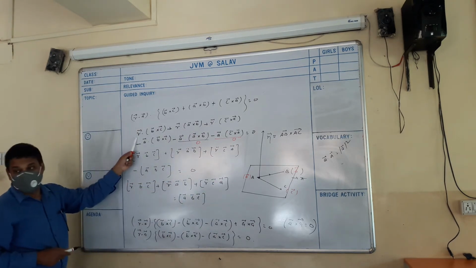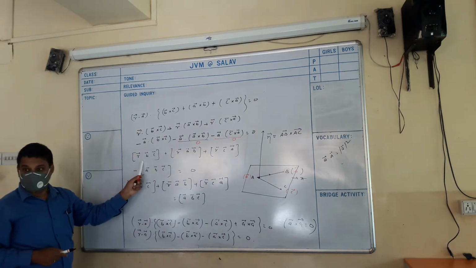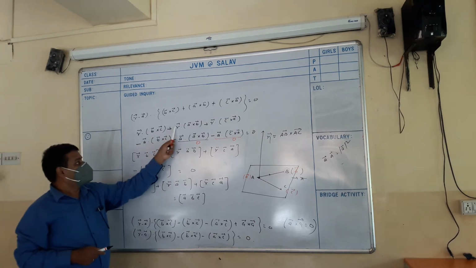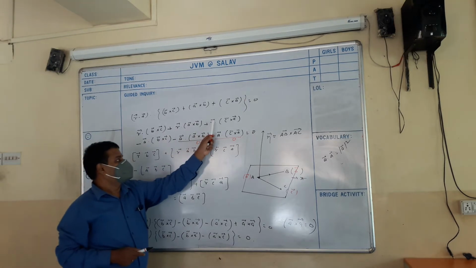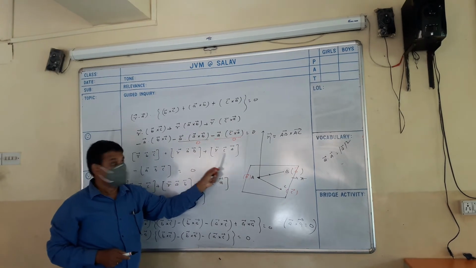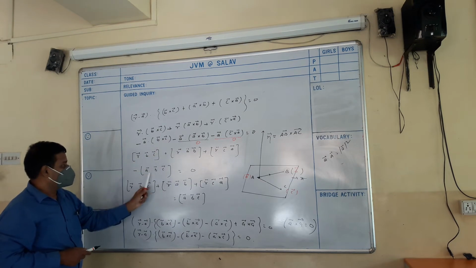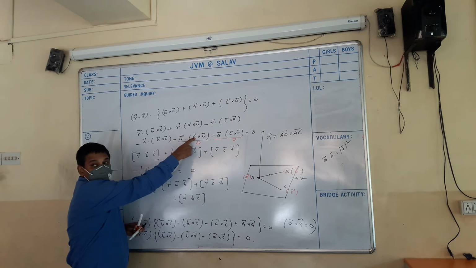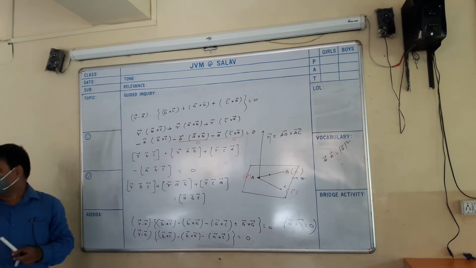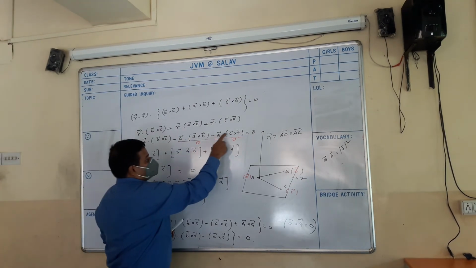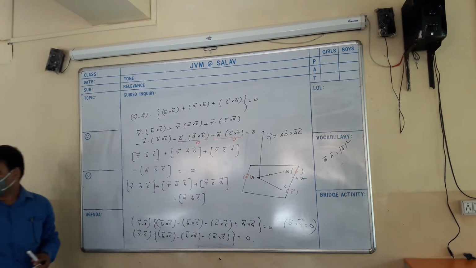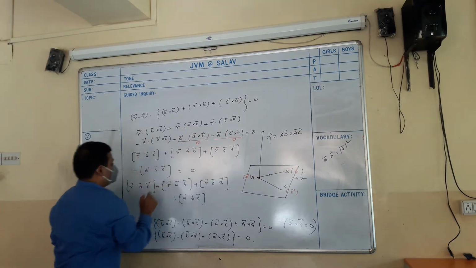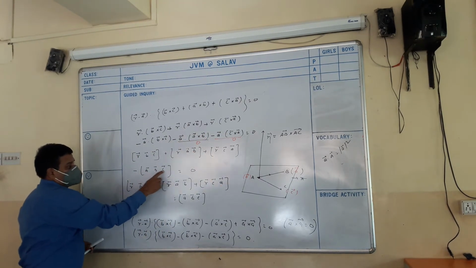So see here, the scalar triple product we can write like this: [R B C], [R A B], [R C A]. Clear? And here minus [A B C], and here both vectors are the same, A dot A. Clear? If two vectors are the same, then the value is 0. Here also the same, so the value is 0. Any doubt? So this one is 0 and this one is 0. So minus [A B C] equal to 0.